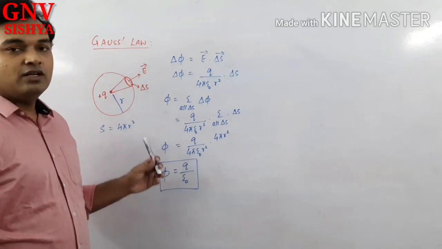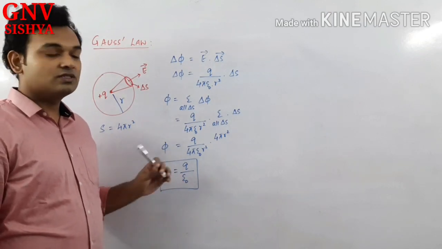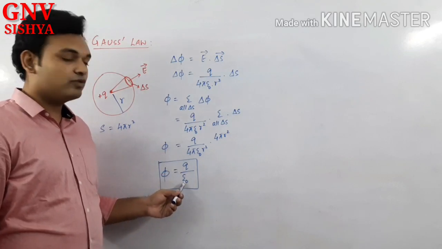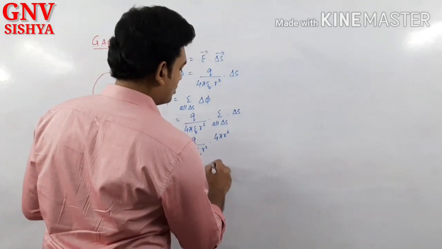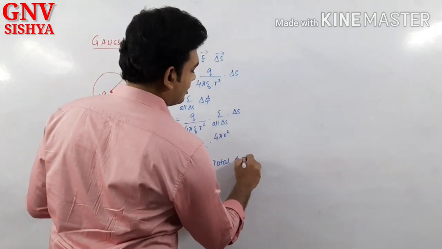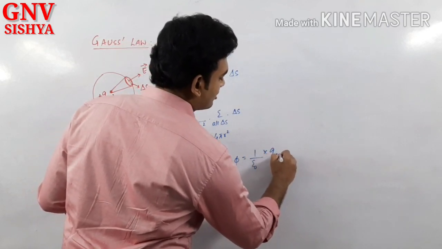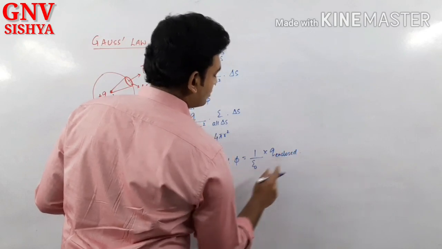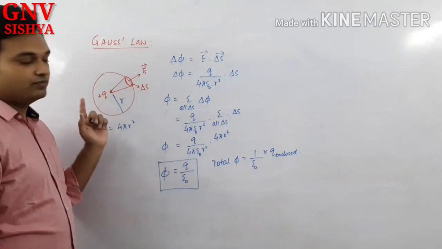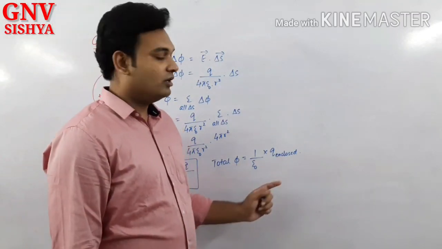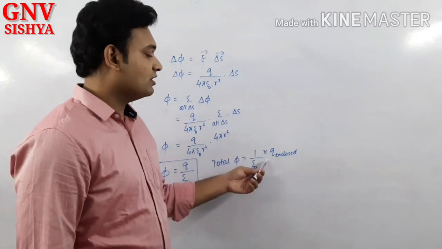So we can state that the total flux coming out of a closed surface is equal to 1 by epsilon naught times the charge enclosed. So we can write this as total flux equal to 1 by epsilon naught times the charge enclosed. The charge that we are writing here, Q, is the charge enclosed by this closed surface, right? So this is the statement for Gauss law. The total flux coming out of an enclosed surface is equal to 1 by epsilon naught times the charge enclosed